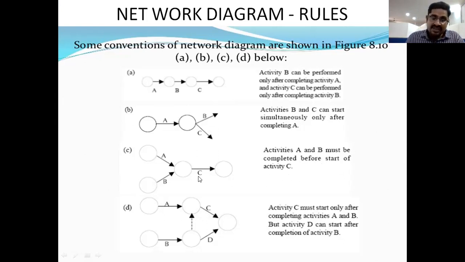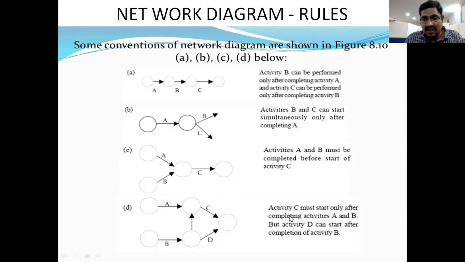So for activity C, we should ensure that A and B are completed, and only then will C start. So A and B must be completed before C starts, right? This is another type of connection.